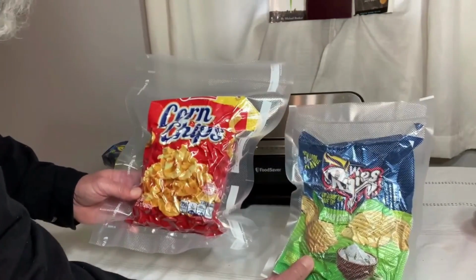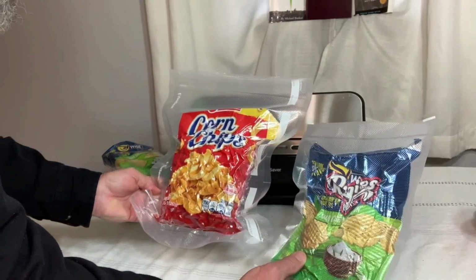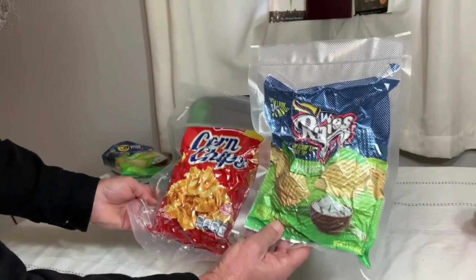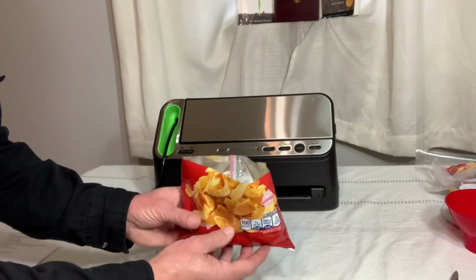Corn chips and the potato chips. Quite a bit of difference. Corn chips hold up much better to the vacuum than the potato chips. Save your jars for the potato chips. Seal your corn chips in the original container. Since we had some corn chips left over that wouldn't fit in the jar,